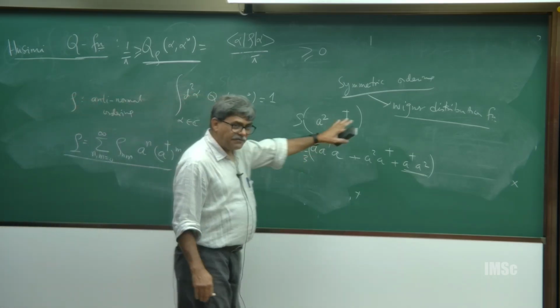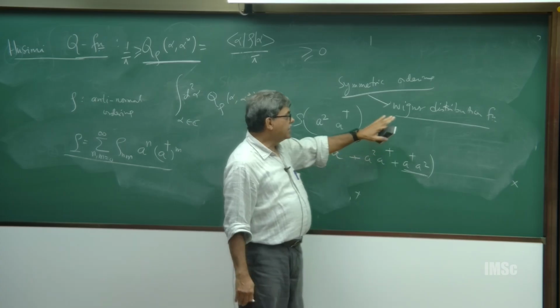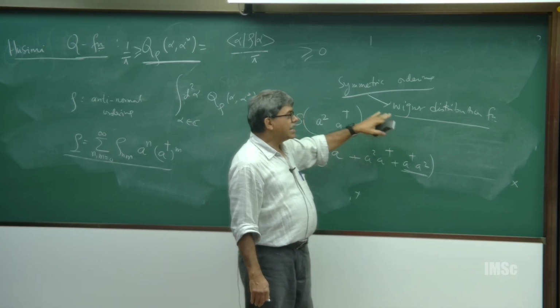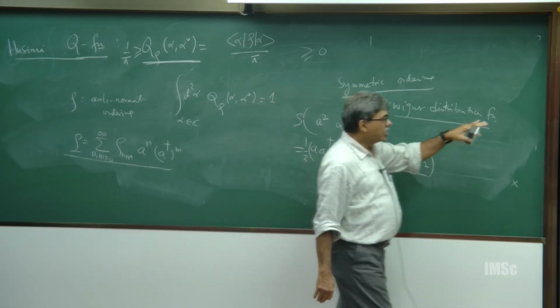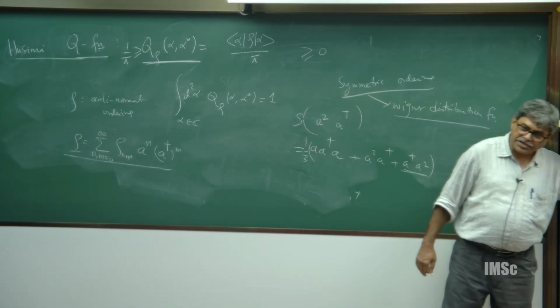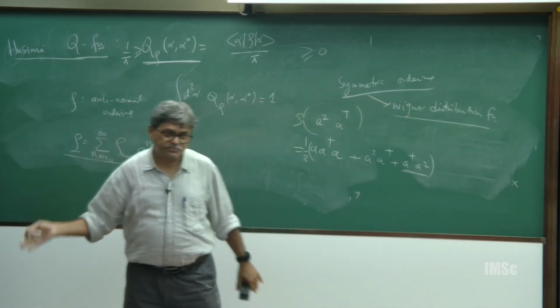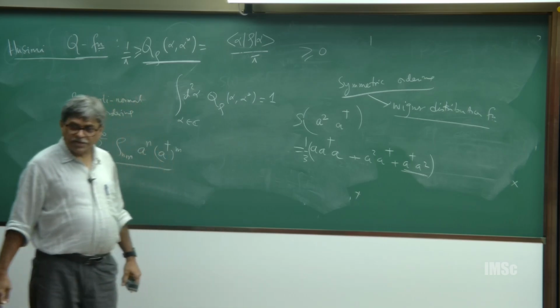It can be negative, but at the same time it is bounded. So, it can capture non-classical behavior because it is negative, and at the same time it is a well behaved function, unlike the P function.